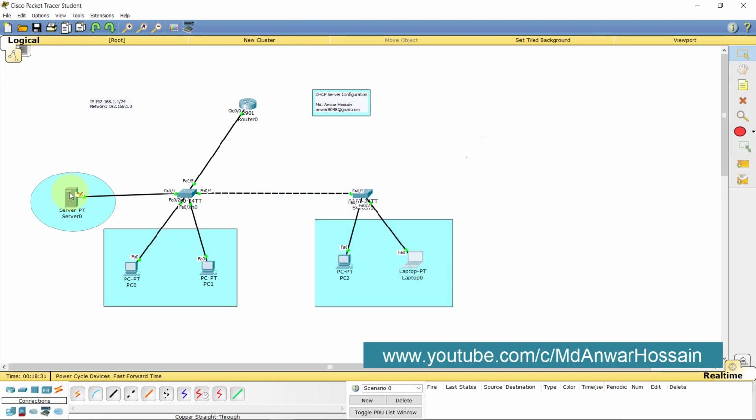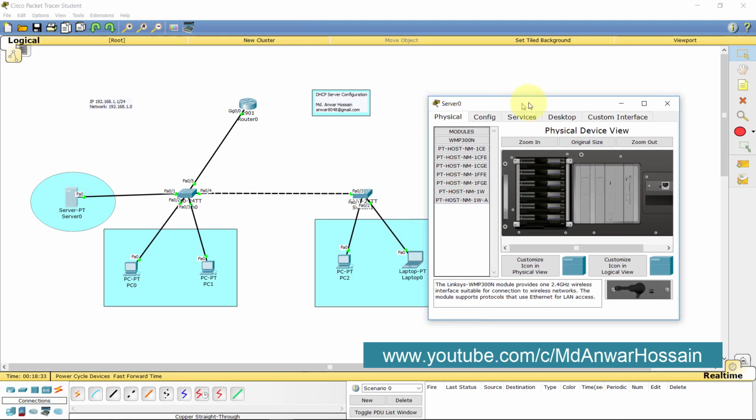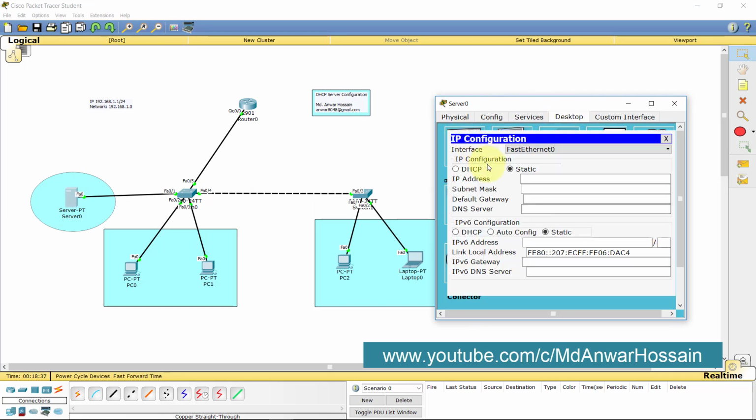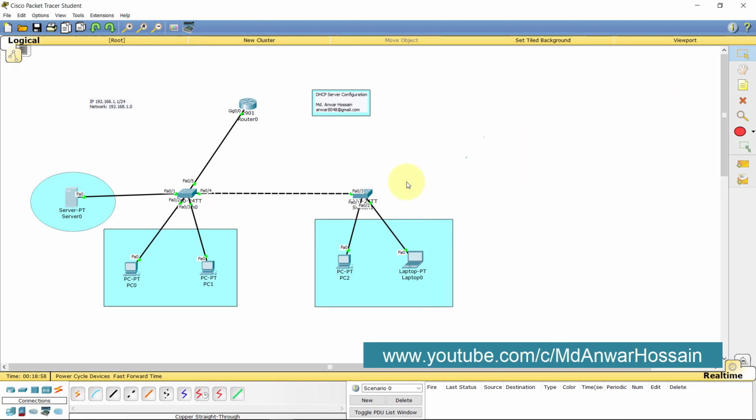On the server we will input a static IP address, and then we will check whether it is working within this network or not. So from the reserved IP addresses we kept for static IPs, the IP is 192.168.1.3 and the gateway is 192.168.1.1. The DNS server is 8.8.8.8. Okay, so let's try whether the network is working or not.